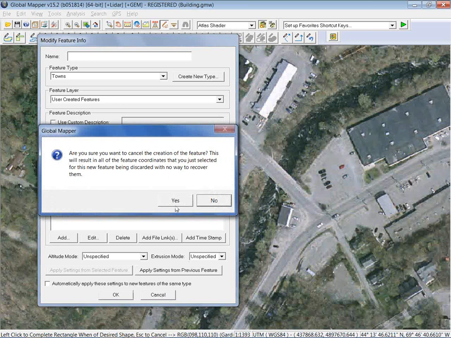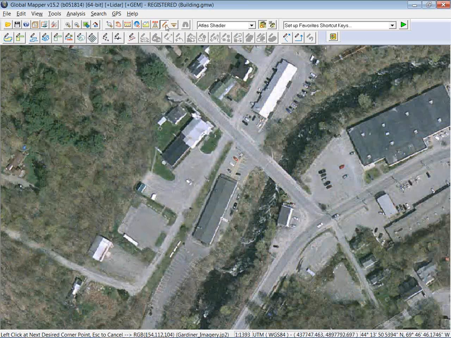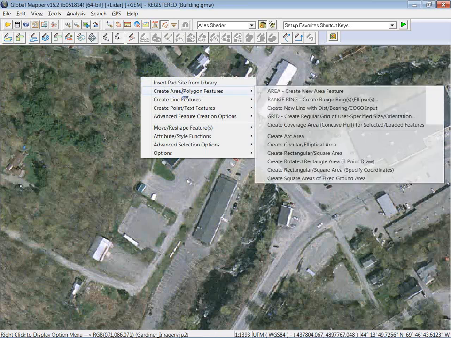While we're in that right-click menu, one of the tools we often get asked about, is not immediately apparent, is the ability to create circles. There is a circular elliptical area. There's actually 2 ways in Global Mapper of creating circles. One is